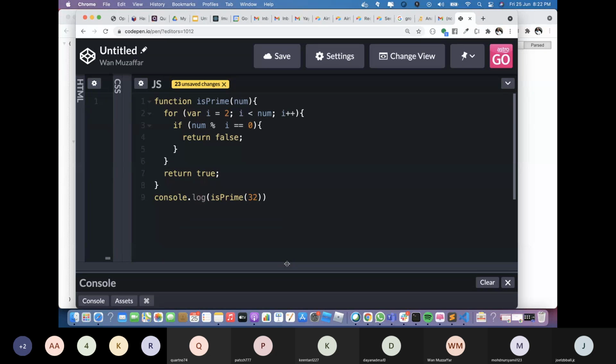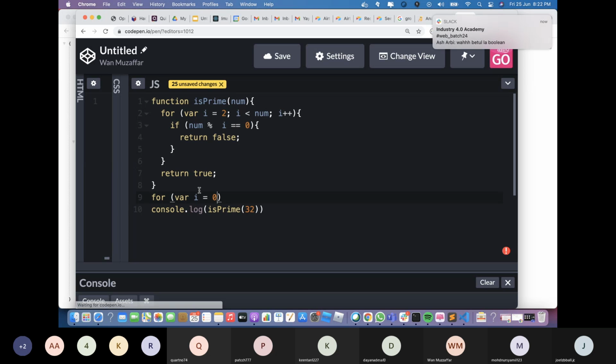So this is macam I cakap hari tu. I create this function first. This is what we call an abstraction. Once I have the function, then I can do a for loop for var i equals to 0,